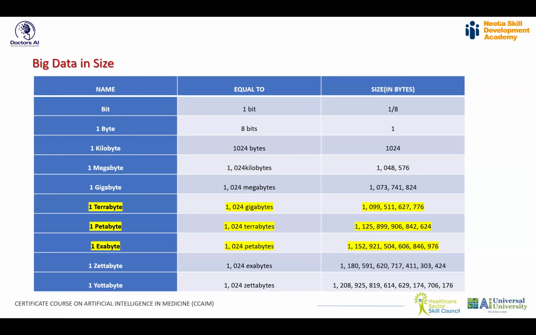But if the data is continuously coming, let's suppose the camera is capturing the data in a hospital. There may be 100 cameras, 500 cameras. In medical colleges, I have seen there are hundreds of cameras. And each of these cameras is continuously capturing the data. But are we utilizing the data for any applications? When the patients are going through the treatment process, there are a lot of cameras. In an operation theater, there are cameras. Are we using the data captured by those cameras? No, I have not seen such type of application till now.